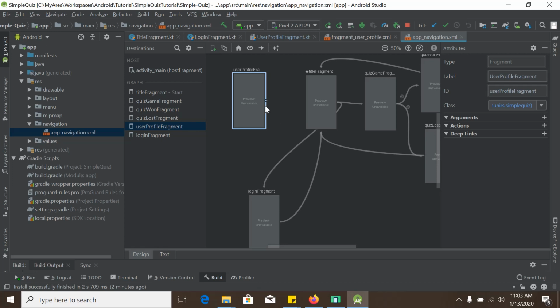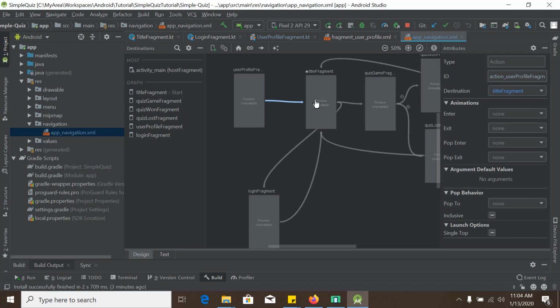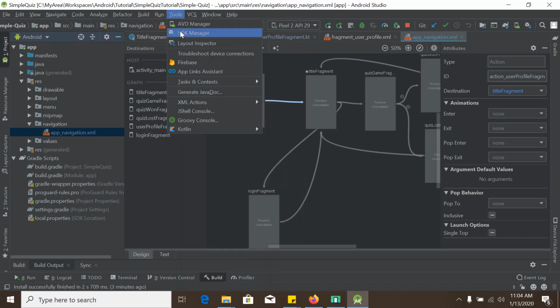But we already have a functionality inside the title fragment that if the user is not already logged in, the user will be sent back to login fragment. So we will simply send the user to title fragment, and eventually from the title fragment it will go to the login fragment. So we will create an action here and give a clean build